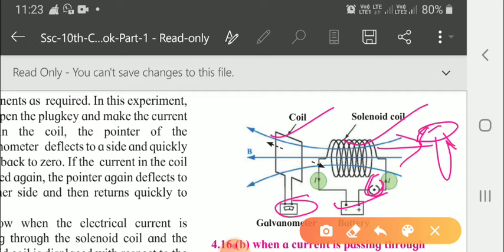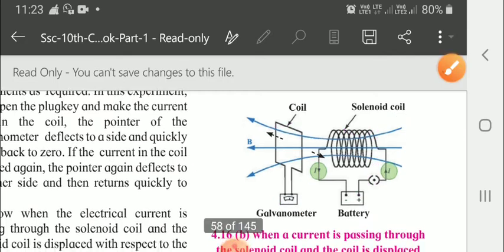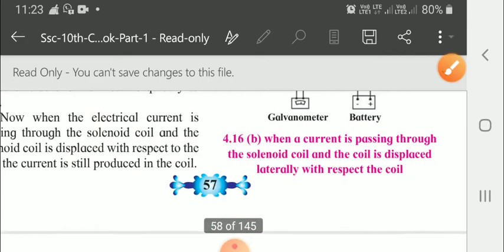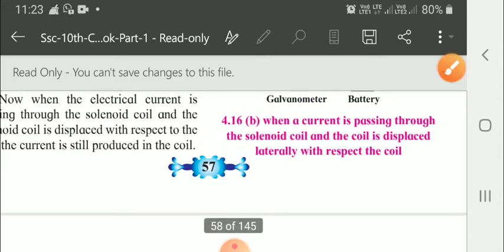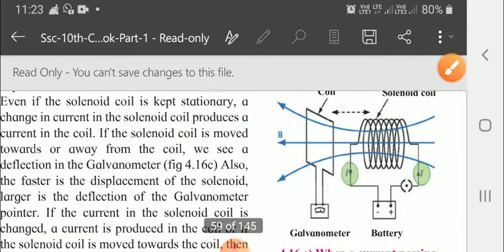Now let us see the next figure, wait, I'll show you. This was when a current is passing through the solenoid coil and the coil is displaced laterally with respect to the coil. So here the coil is displaced laterally. Let us see now the next one. Here this arrangement,